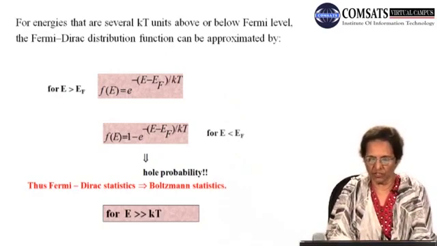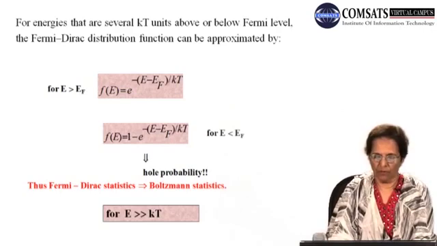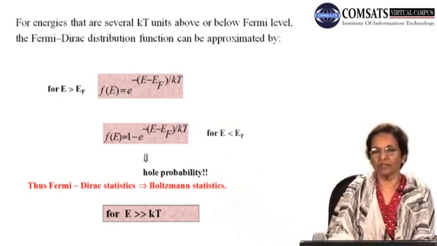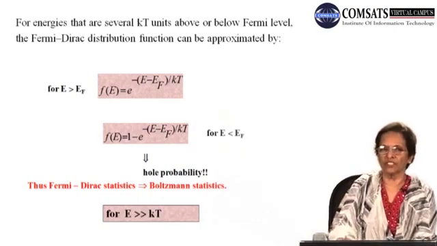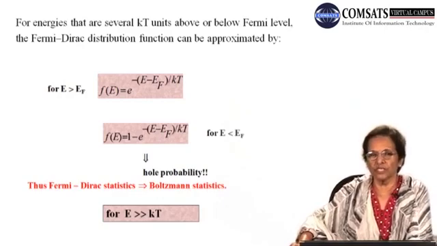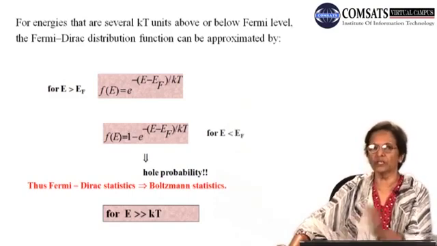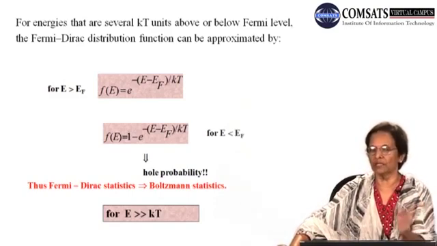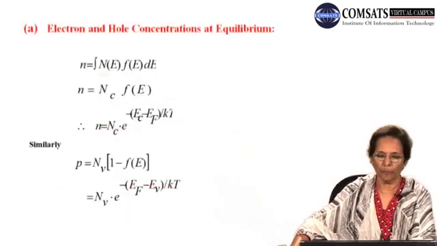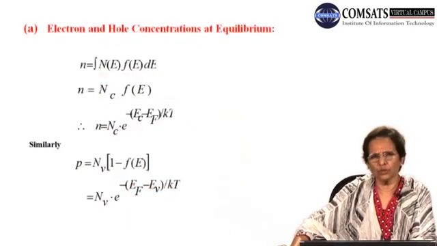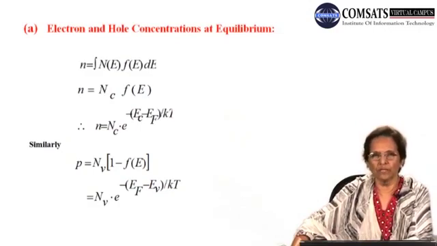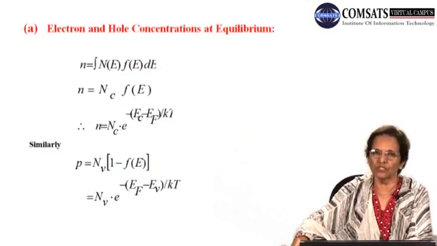Thus, Fermi-Dirac statistics, or Boltzmann statistics, holds for energies which are much greater than kT. That is, we are talking about those energy levels associated with electrons which are greater than thermal energy, thermal energy now being our reference energy. Now I will try to solve for the electron concentration